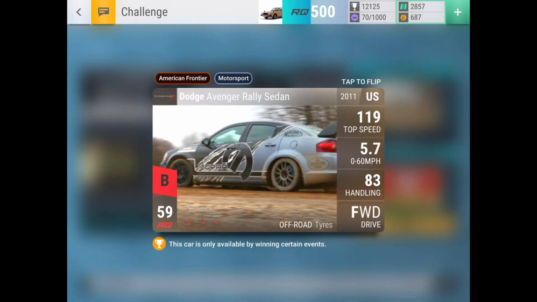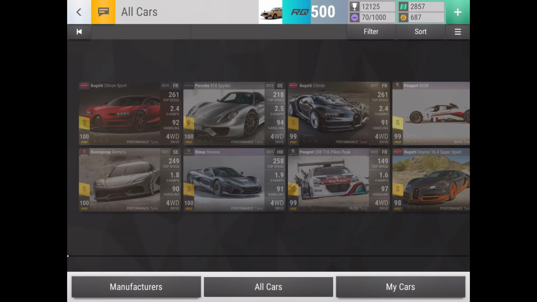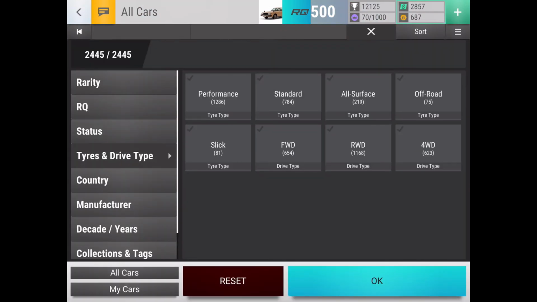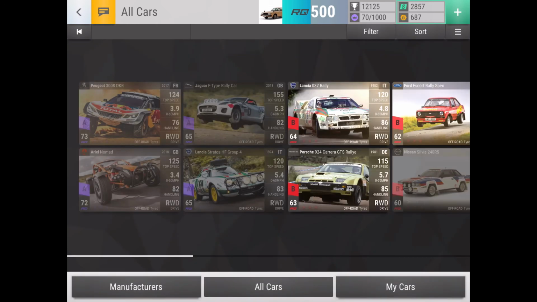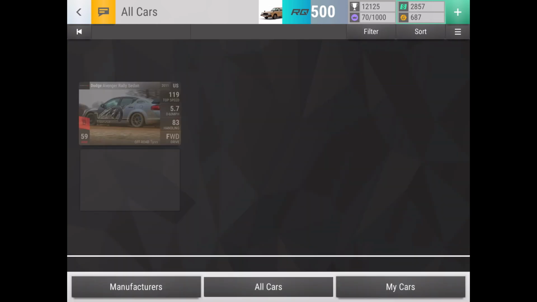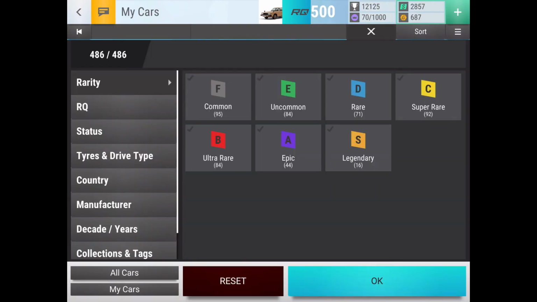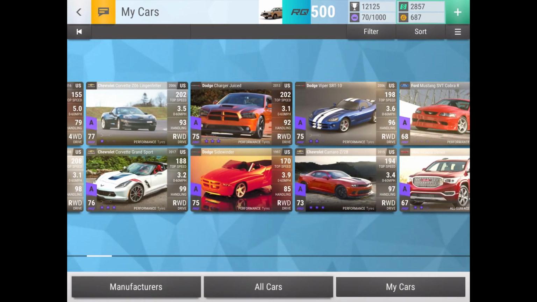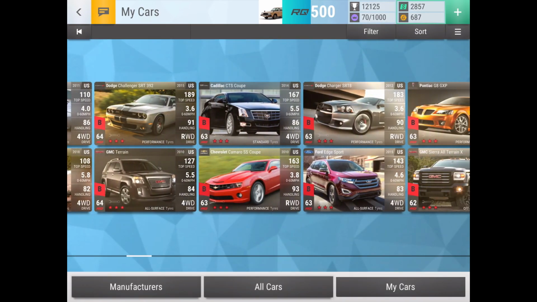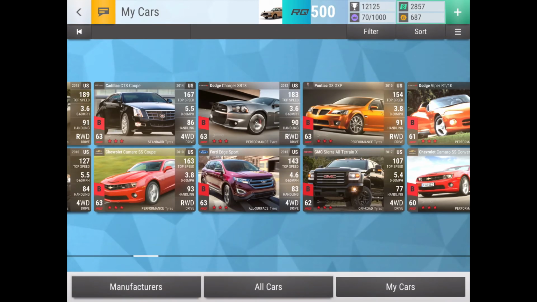But it is also the one interesting thing that does make me want to have it, is it's the only American rally car. Because if we go rear-wheel drive, front-wheel drive, and then we go country, USA, it's the only one. Which is why I want it, because when it comes to USA, I have a very good garage, and I know people that don't have the Pontiac G8 GXP, they really struggle in events where the G8 GXP is a key car. So if that Avenger needs to be a key car, I'll probably struggle, which will really suck